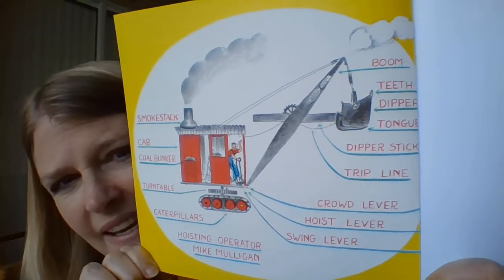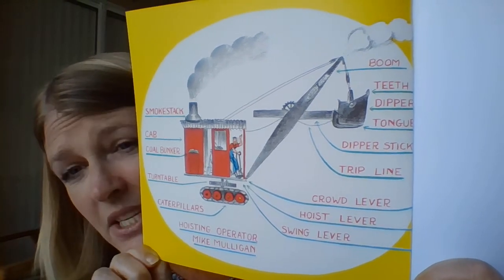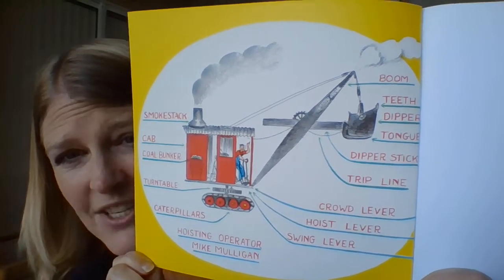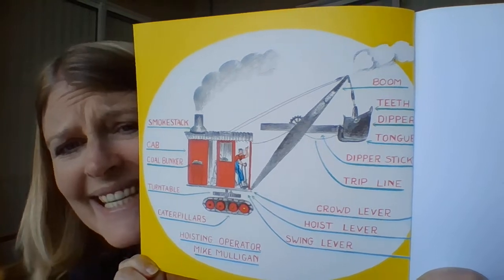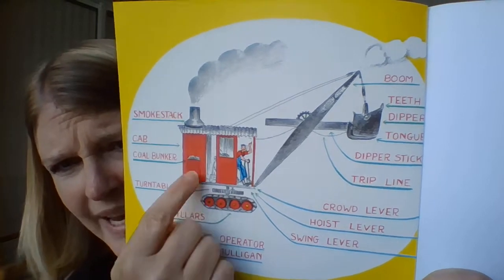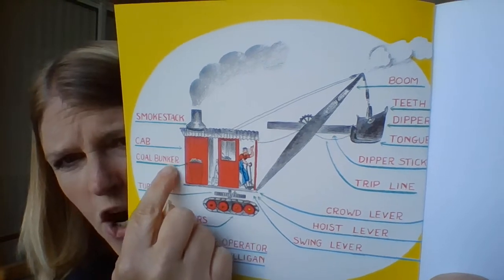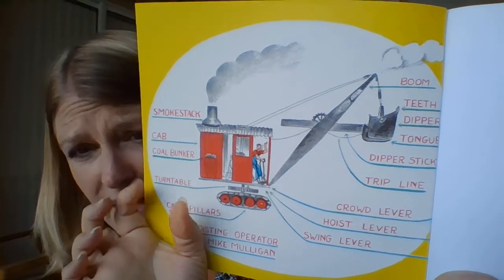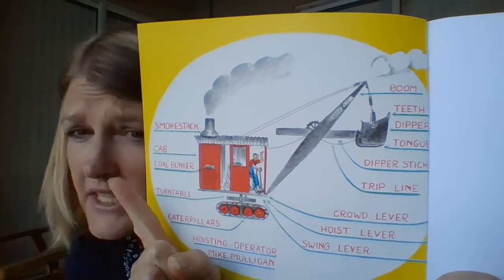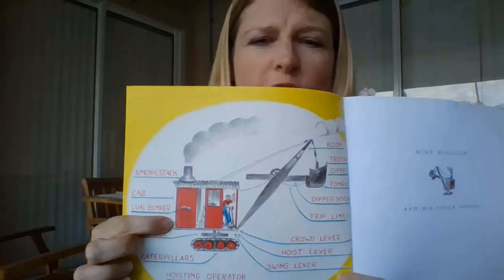It's like a big digger truck, isn't it? That's exactly what it is. But back in this time, they didn't run by gasoline or diesel. They ran by steam. And so this kind of breaks down how it runs, okay? So inside here, this is called the cab, there is a coal burner. So coal is something that is dug out of the ground and it's big black chunks. And yes, if you're naughty, Santa could put it in your stocking instead of gifts, but it is something that's actually very useful. It can be burned